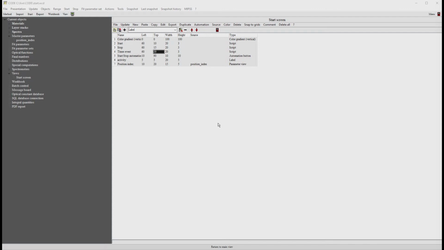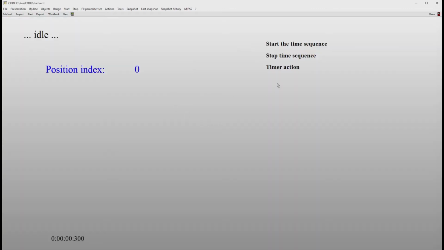We can check if it works. So if I click here on timer action, the position index is really increased. This is the manual version, but if the trigger also works, this should now go also automatically if we start the time sequence. So let's hope. You can see that the position index is counted, and if it's above 31.5, then it should stop. Okay, that's the last position, and